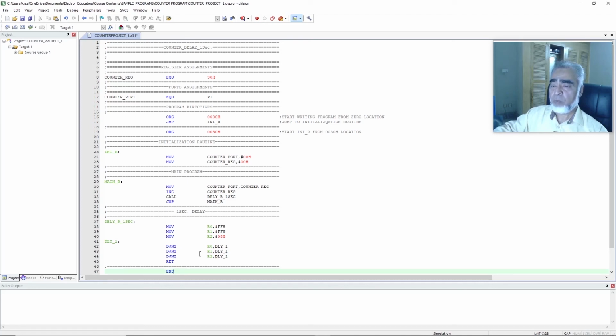Now we will compile our program and we will test the result on Proteus. We will check if there is any error in our program. So we will go to build. OK, build. Here we can check we have 2 errors, that is